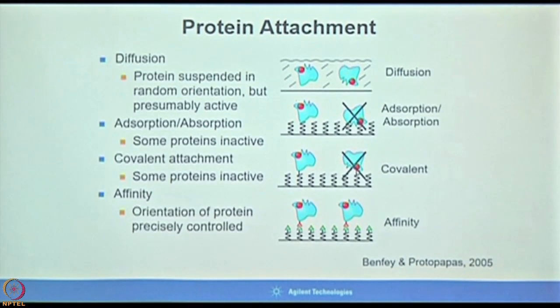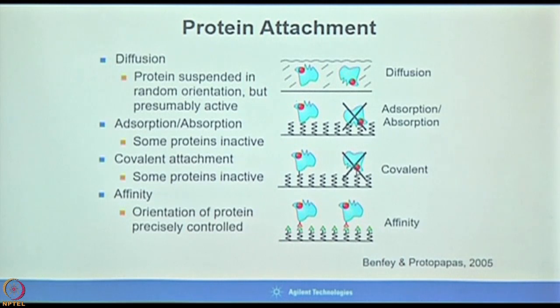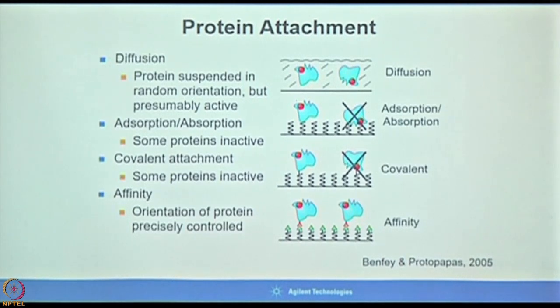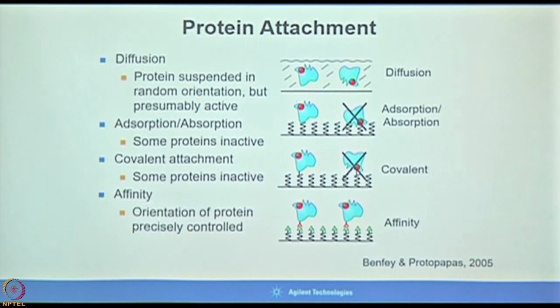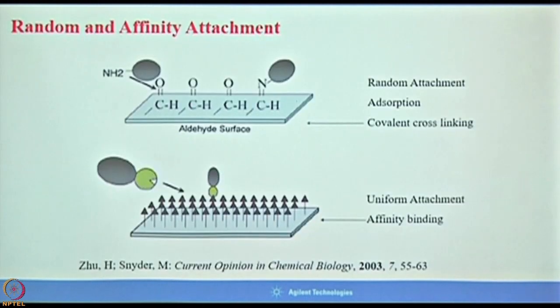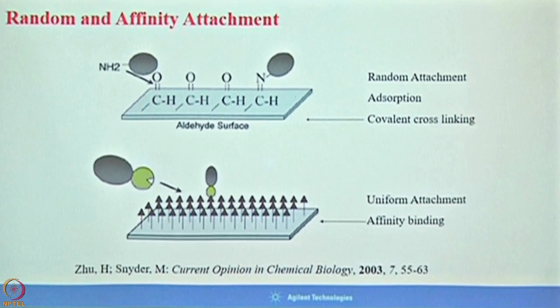So on these slides, we do the immobilization of the proteins. One way is diffusion, another way is absorption, and then covalent bonding, and then affinity. So there are multiple ways you can basically immobilize the protein. So this is one example of how you do the immobilization of protein by affinity binding. The top one is the covalent bonding, right? So you make the covalent bonding on the slide and immobilize.